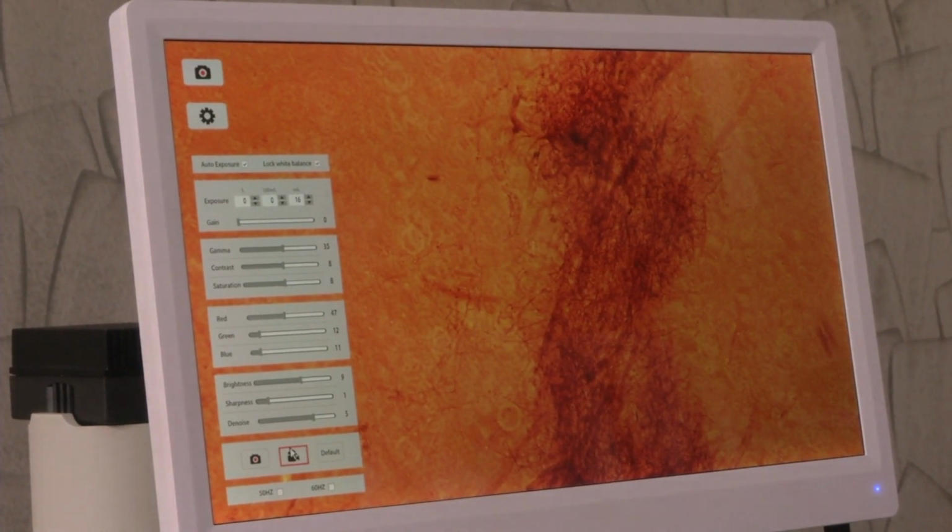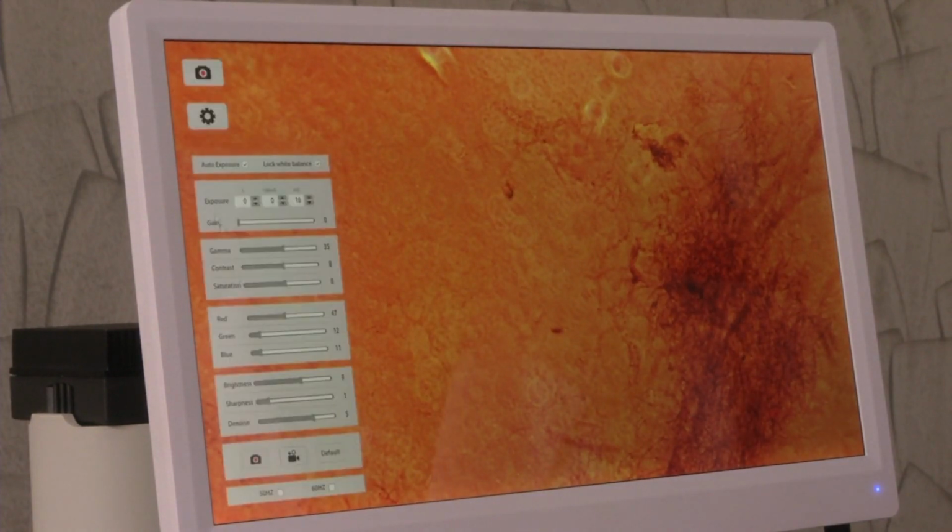Now, you can even take videos with this camera. See, there is an option here, you can either snap this or you can take a video. What happens when you take the video? You take a video and then you move the sample around and then you stop it. So, the video is captured, video.avi is captured.